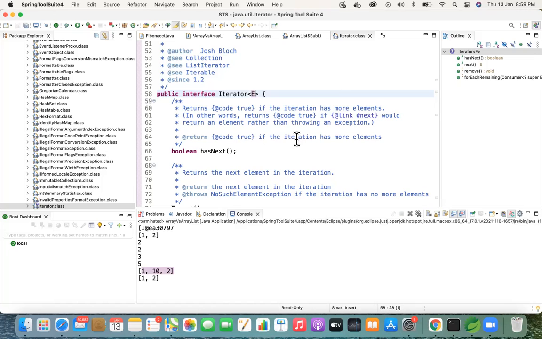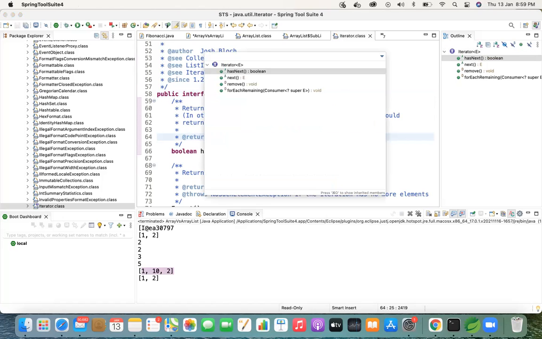Now in this iterator, right now you have used the iterator for the integer wrapper class because you have created an array with integer. Can you just give Control O in this? You have three methods here: hasNext, next, and then remove. What happens in a list is every time it first goes to the first node, it checks whether the element you're searching for is available in that particular data node. If that is available, it will return it. hasNext is to check whether I have any data in my list or not. And if so, to get the data, we use the word next. If you see, the return type of next is E.